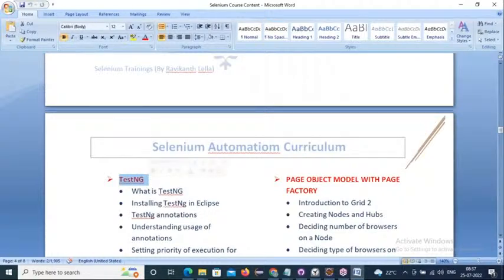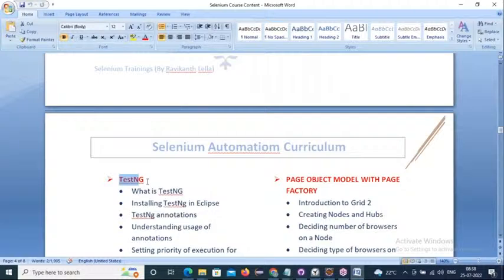Friends, Selenium itself doesn't have any built-in framework. So we will be using one external framework, which is TestNG, which is defined by Java. In TestNG, everything is talked about in terms of annotations. We have so many annotations: before annotations, test annotations, after annotations, parameters, data providers, listeners. Like this, we have so many annotations, and with respect to parameters we have more. We will talk about the importance of each annotation, how the annotation execution takes place, what priorities we can set